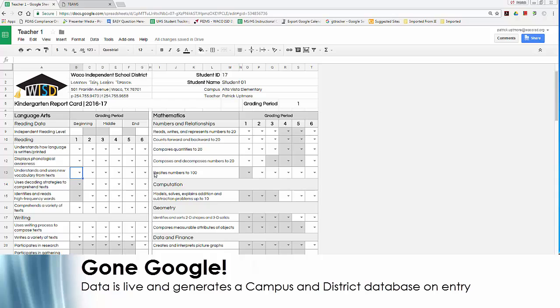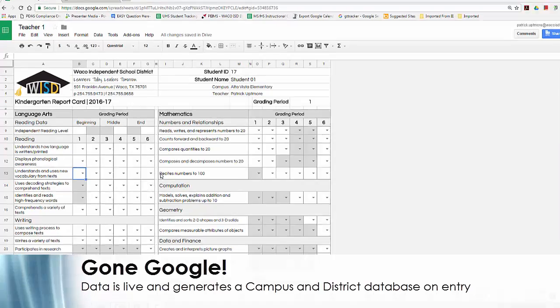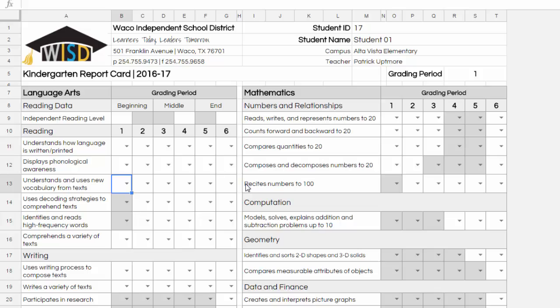Also, once you input information into the spreadsheet, your campus administrators and a district level database is being generated the second you enter that information, meaning you no longer have to send that spreadsheet from person to person to have that information tracked and documented. This is going to be a great process, and the ease of use is exactly the same as the Excel